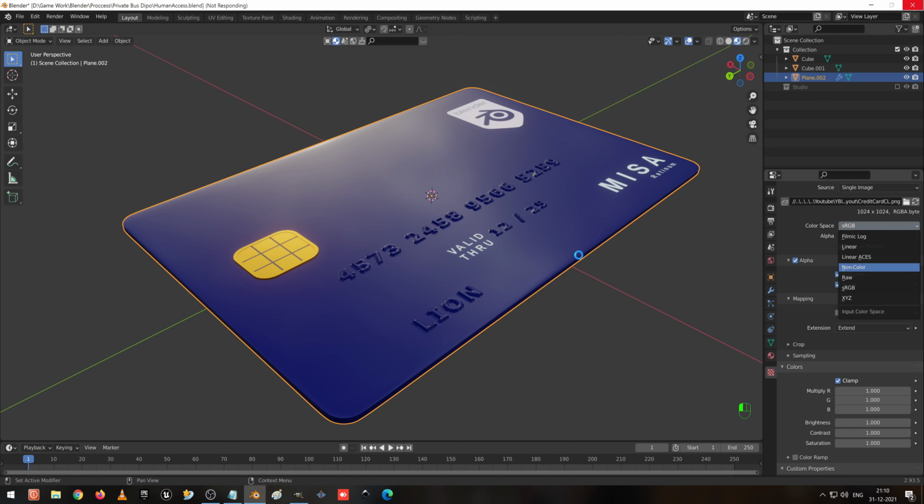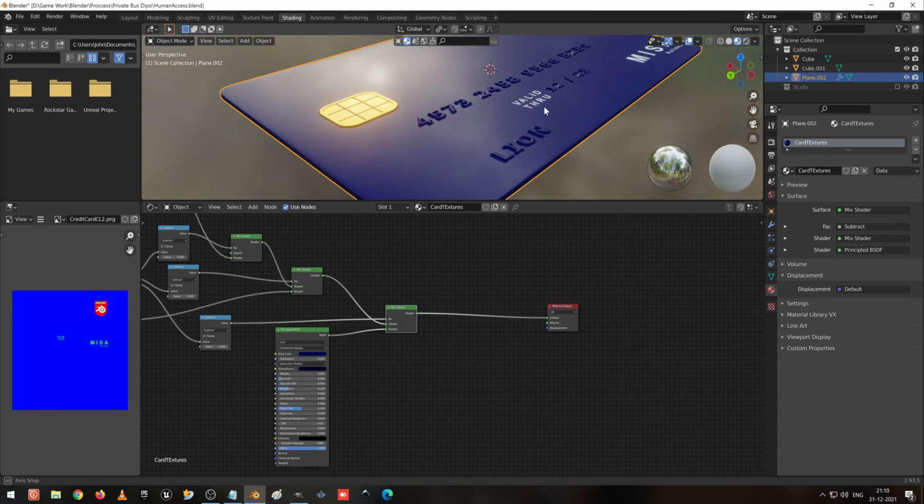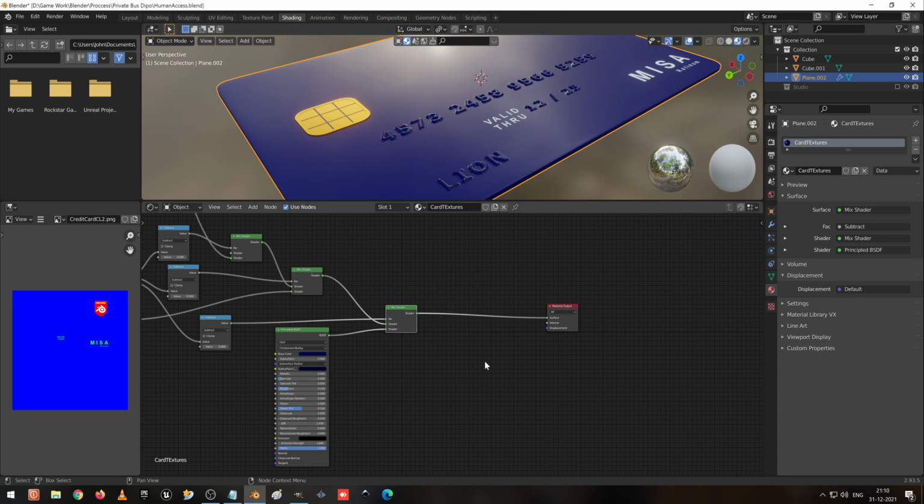Make this non-color. Let's see how it comes. Yeah, everything is fine. So I make this sRGB only. Let me go to the shading option, and I press Shift D to duplicate, and I create one more shader.